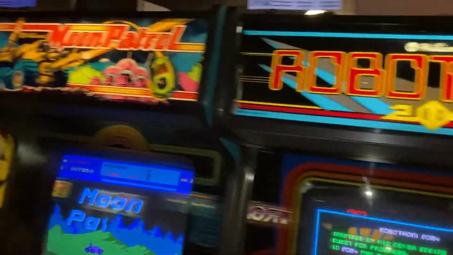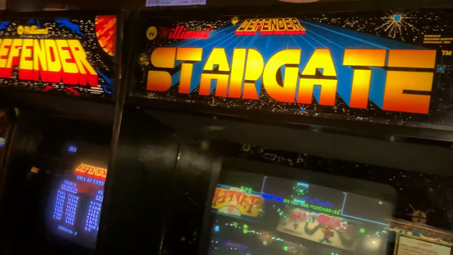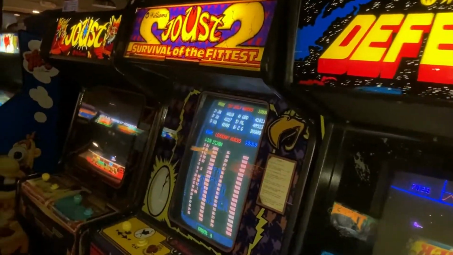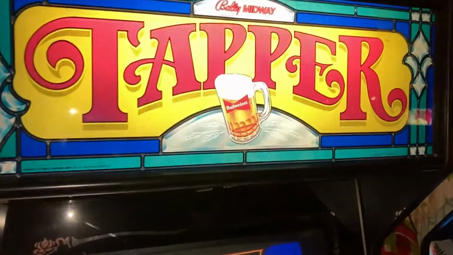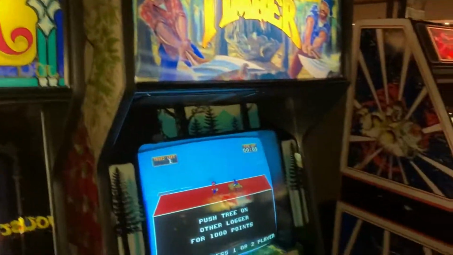Tron, Discs of Tron, Robotron, Moon Patrol. The Robotron cabinet here is actually one that's really popular for people coming in trying to set scores on it. Stargate, Defender, Joust, Joust 2, Domino Man, the Budweiser Tapper, Timber,